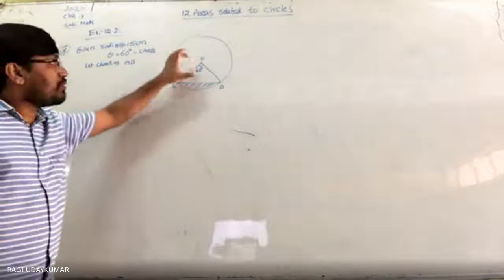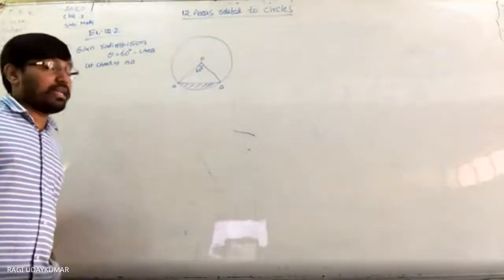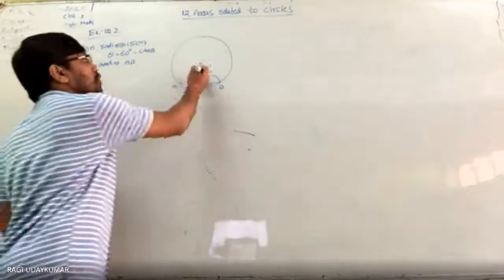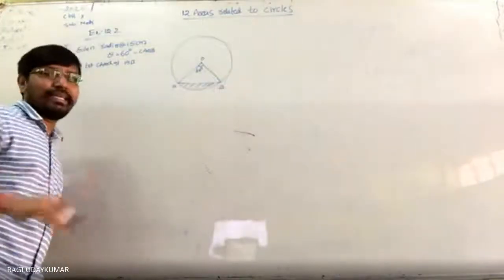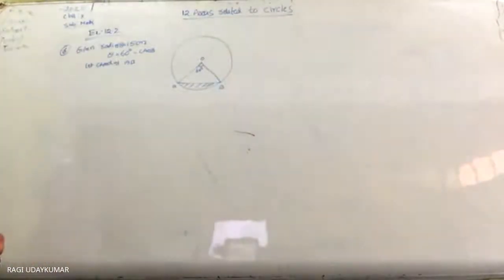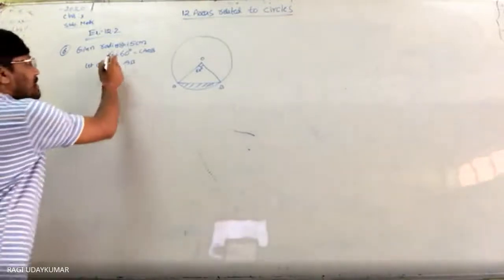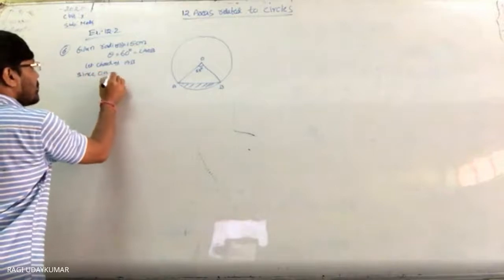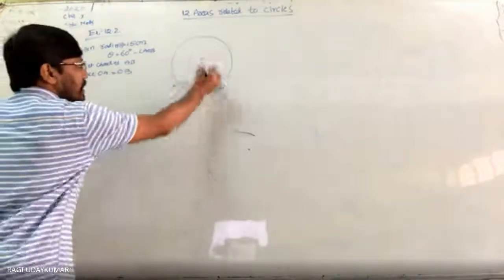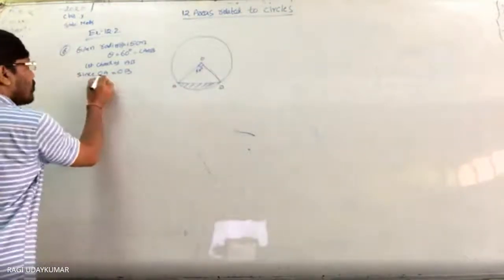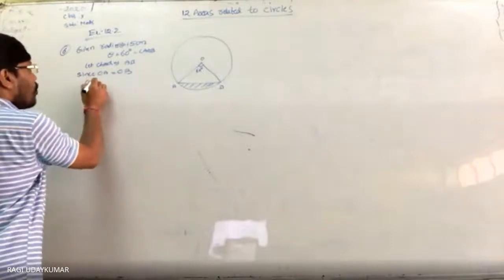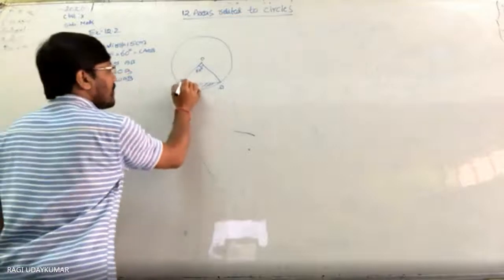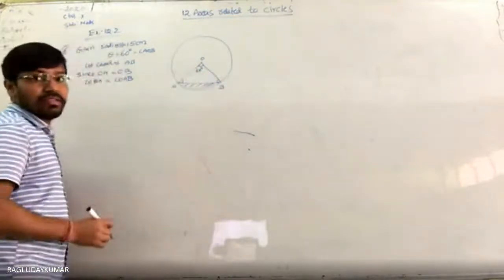But before that you need to find the area of the triangle also. But to find the area of the triangle, you cannot multiply these two, because the angle is not 90 degrees. So what to do in that situation? First you observe that, as it is given, angle AOB is 60 degrees. Since OA is equal to OB, the opposite angles are equal: angle OBA is equal to angle OAB. These two are equal, opposite angles of a triangle.